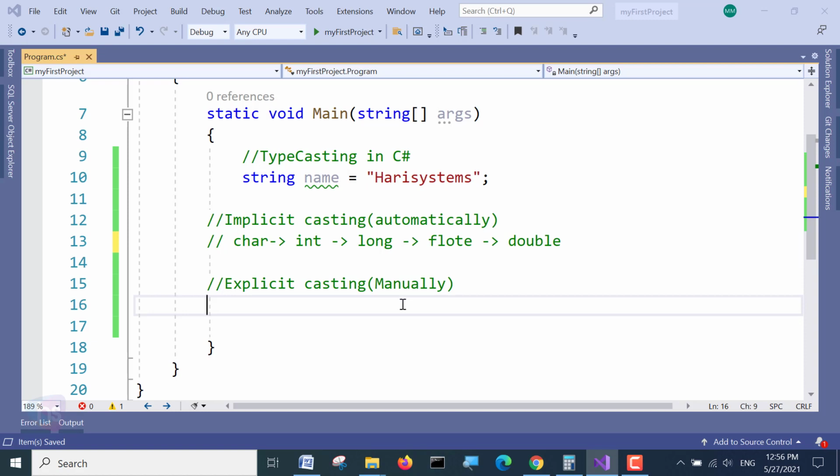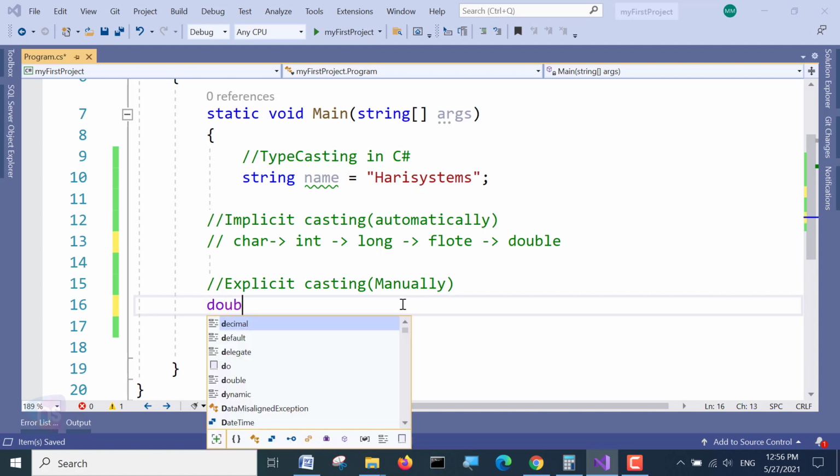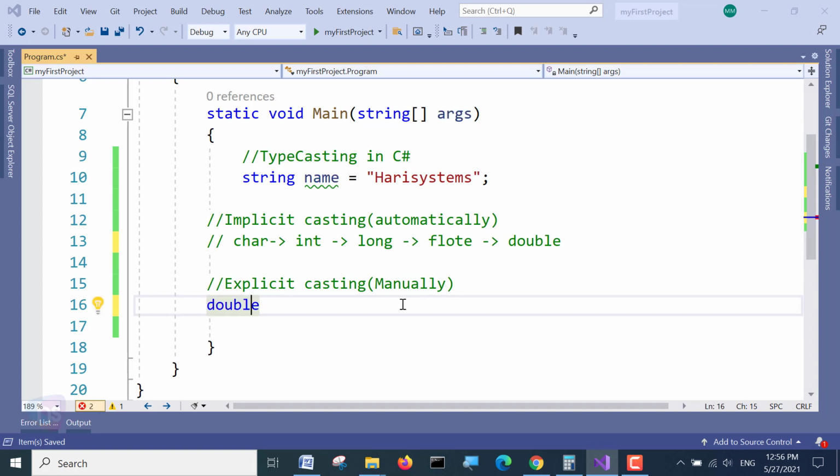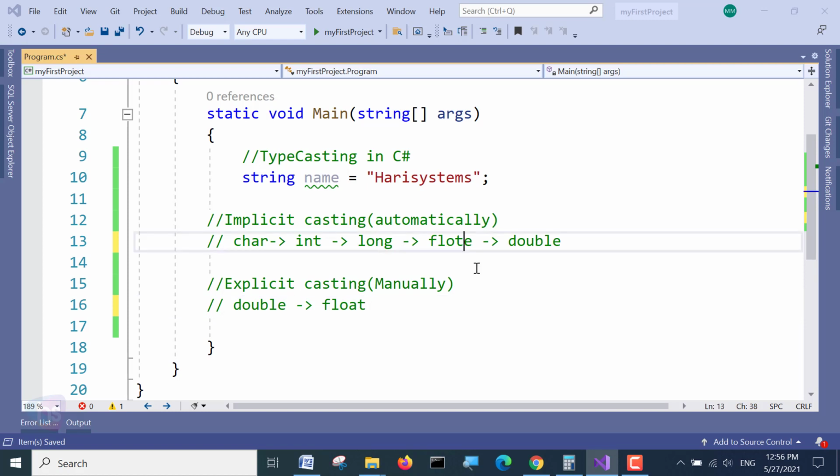So we'll see double. I'll put a forward slash, which makes it a comment line, so it is automatically skipped by the compiler.